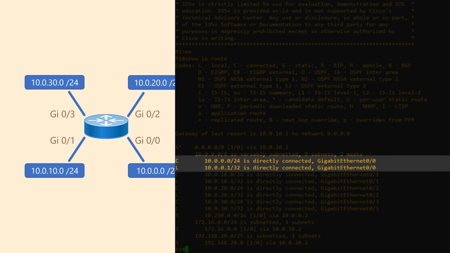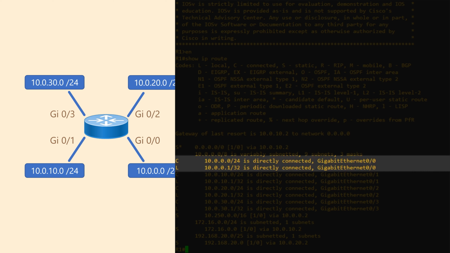A local route is an IP address that's configured on the router. Notice that these have a /32 subnet mask as it's referring to a specific IP address. The highlighted example shows 10.0.0.1 as the local route. This is the IP that belongs to interface gig 0/0.